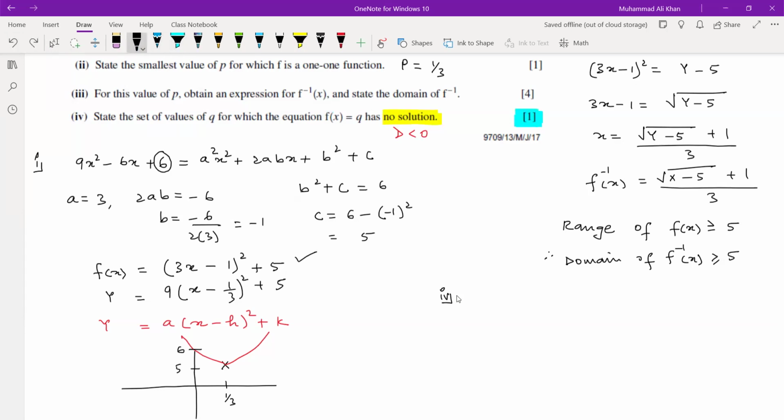No solution मीन the function and the line, इन दोनों का intersection नहीं होगा। फंक्शन और लाइन का intersection नहीं होगा। अगर हम दो graph बनाएं, पहला graph बनाएं y equal to f(x) और दूसरा graph बनाएं y equal to q, तो इन दोनों graphs का intersection नहीं होगा, right? y equal to f(x) का graph तो बना हुआ है, ये बना हुआ red में। y equal to q का graph बनाना है। For example मैंने कहा कि the value of q is 4, तो y equal to 4 कहां बनेगा बच्चों? Here,